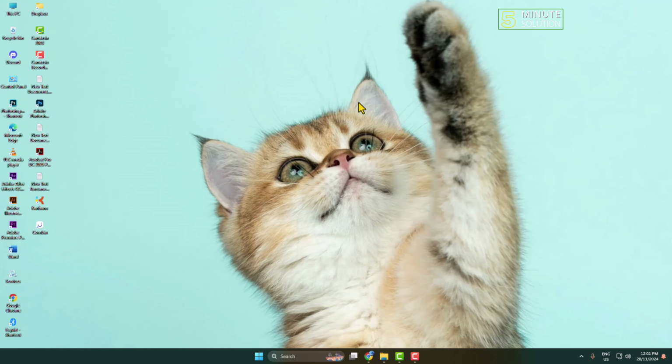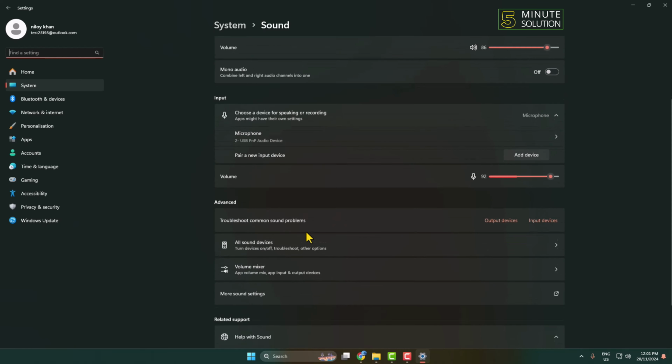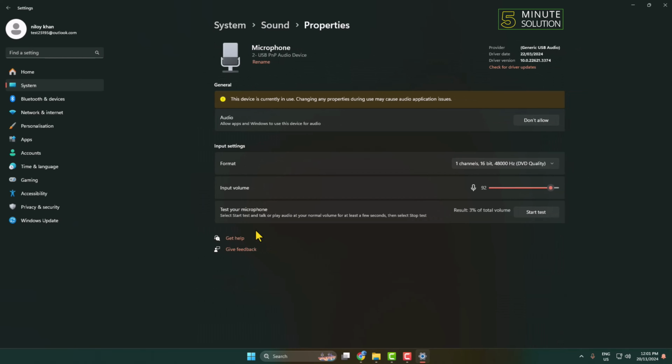And here's step by step I will show you how to fix Discord mic not working on your computer. First of all, right click on your speaker and click on sound settings, and in here under input device click on microphone, and here